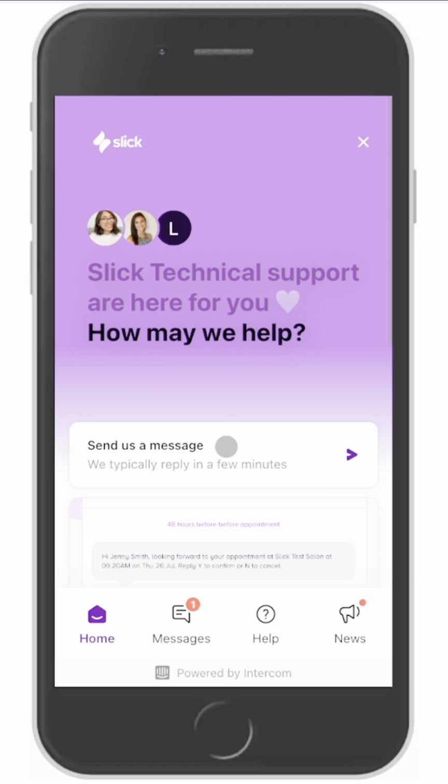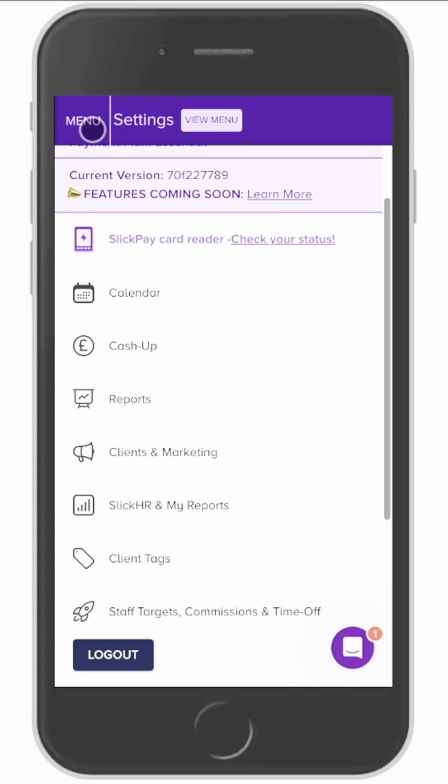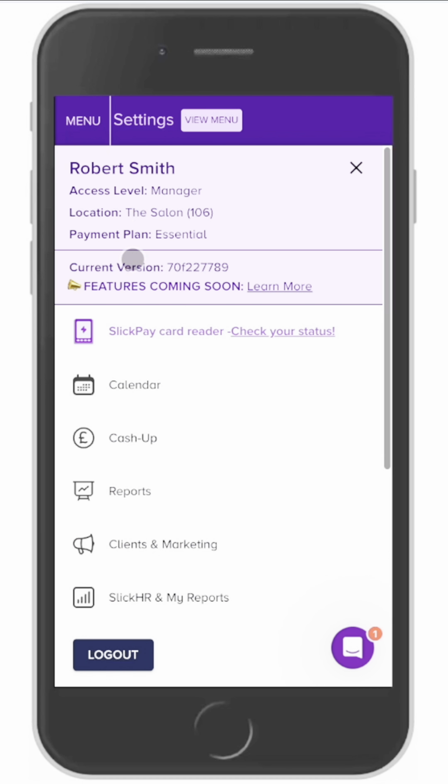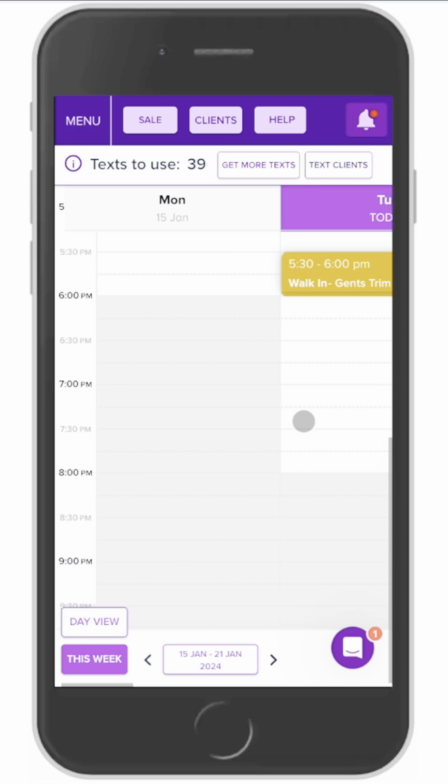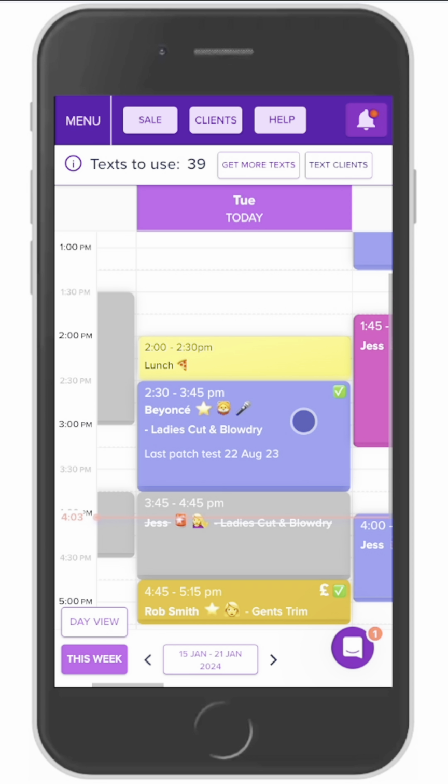Reach out with any support questions you've got, because ultimately we're here to help grow your business, help you take control of your business, and we want you to be successful. And that's why we put such a big emphasis on the support package that we offer here at Slick. So that is a very quick whistle stop tour of Slick. You've got everything that you need here to really, as I say, take control of your business, to grow your business. So if in doubt, please do reach out to us on the live chat bubble,